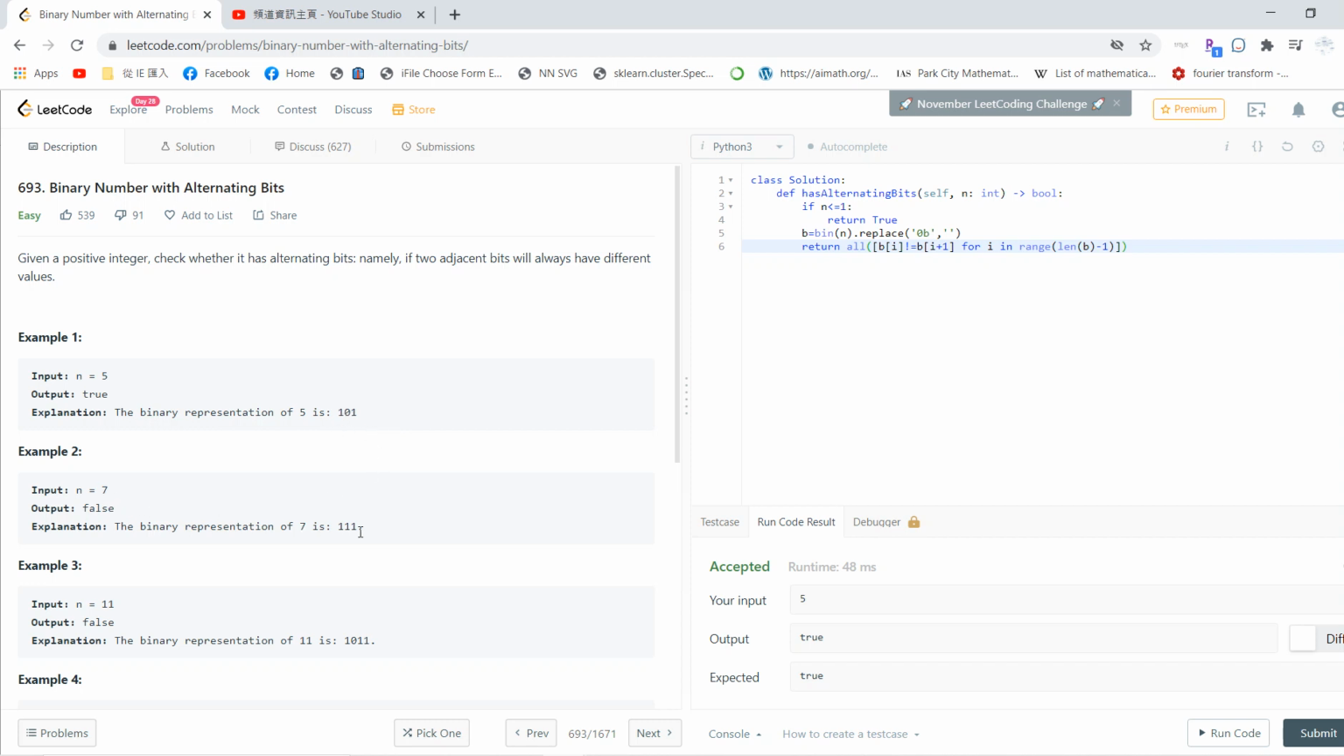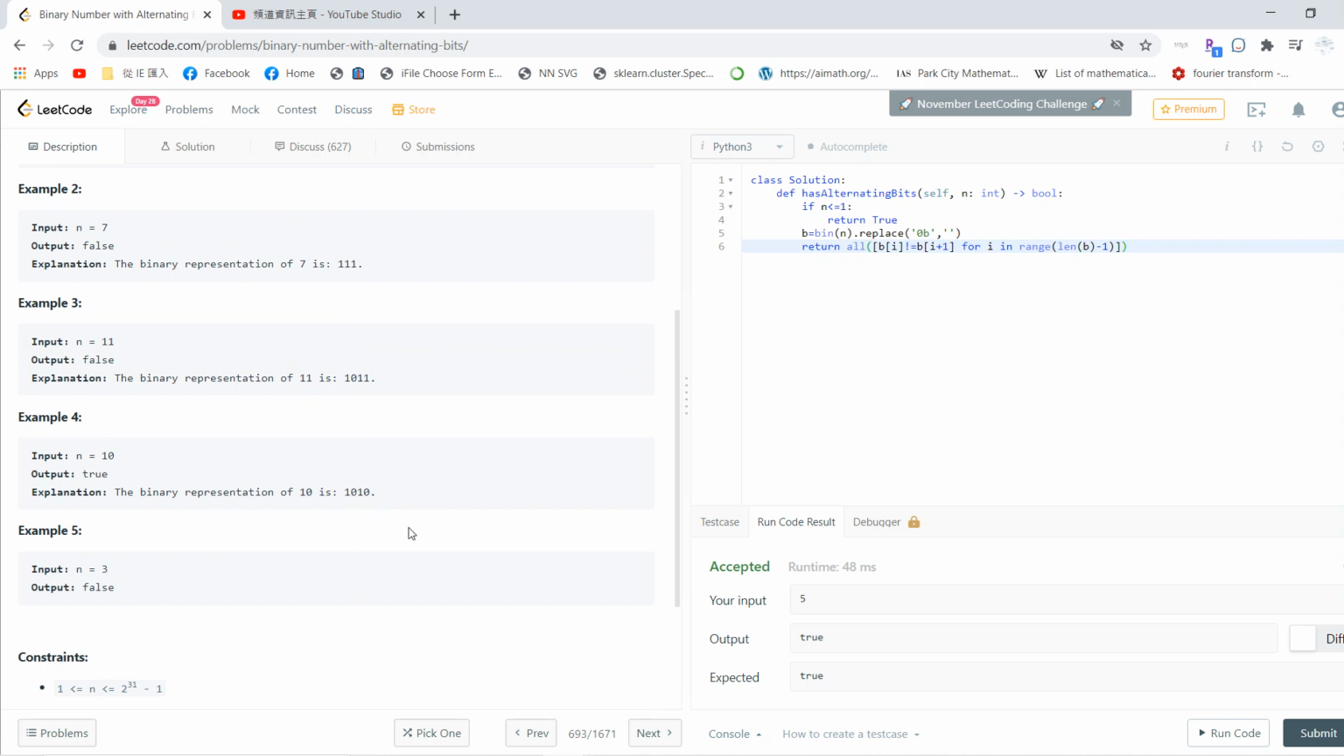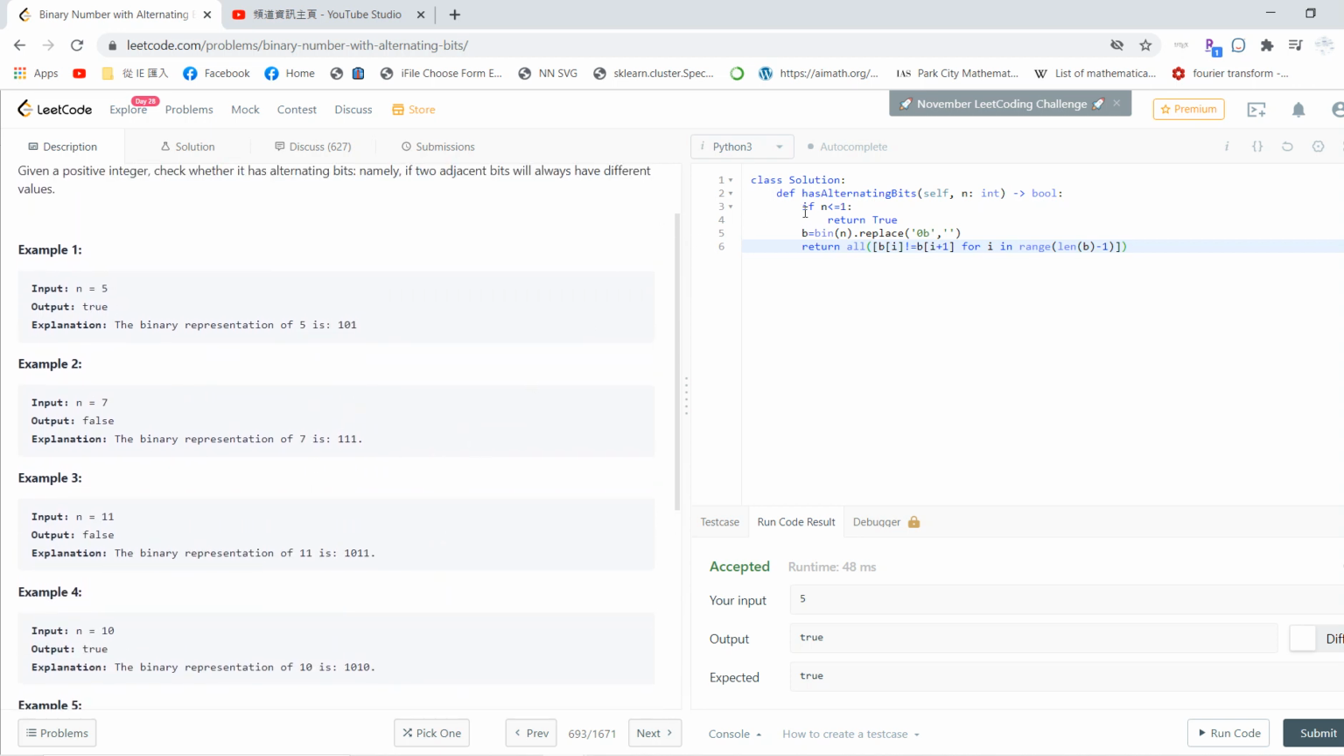N equals 7, 111, is not alternating, right? Because the next should be 0. 1011 is not alternating because if it's alternating, it should be 1010. 10 is alternating. Okay, so I guess what I write is that if n is less than or equal to 1,